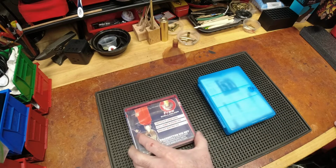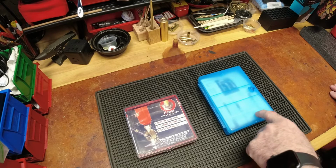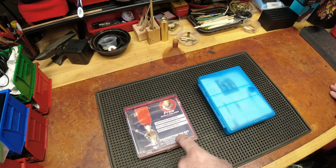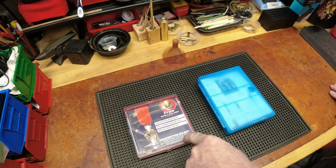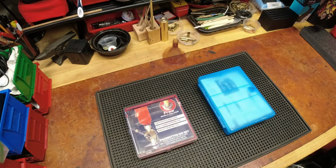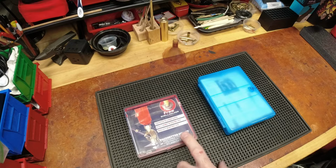You can really go crazy with some of these custom die manufacturers and higher end stuff. And I'm not saying Dillon is high end, but Lee tends to be more on the value side of things in terms of their pricing model. But they've worked great for me, and I would say 95% of my dies, all of my dies are Lee dies, and some one-off stuff for other dies, like the reason for buying this decap sizing die,